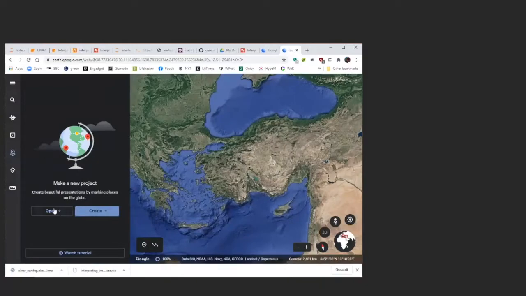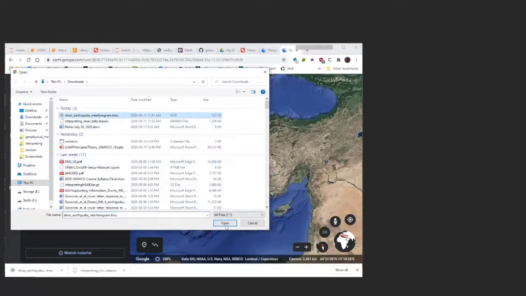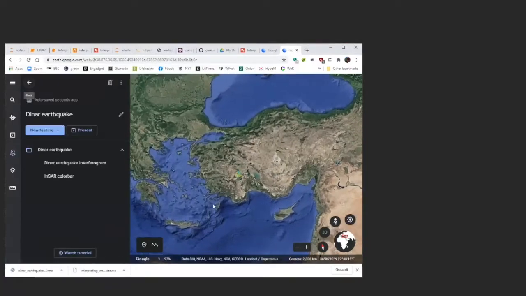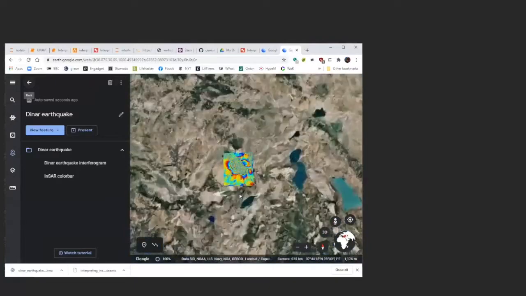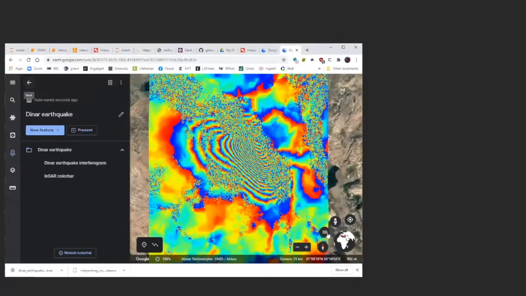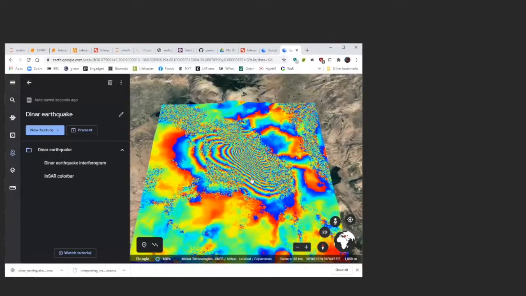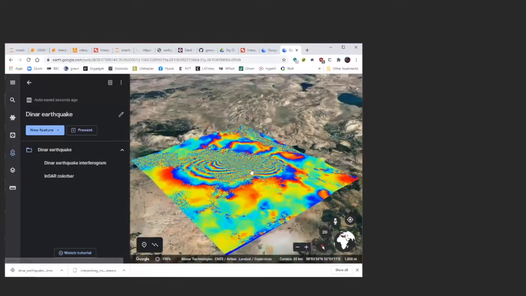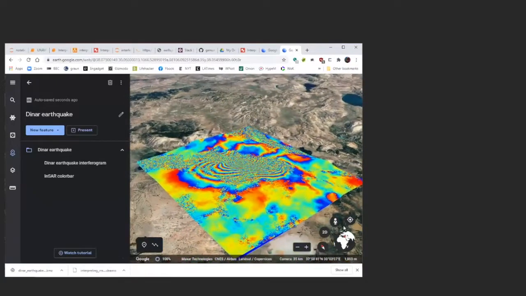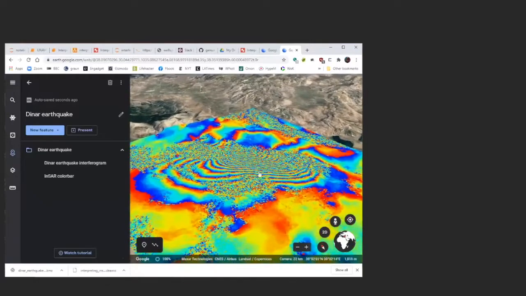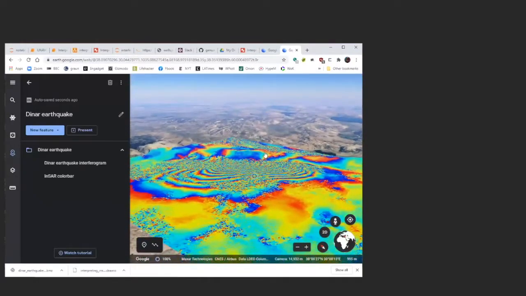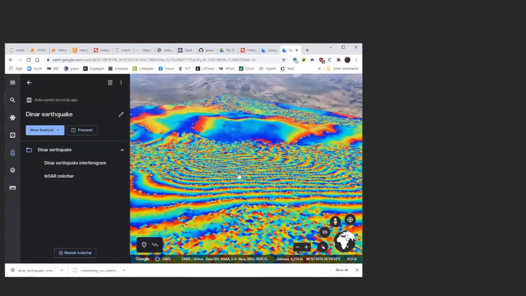And you can make projects by importing a KML file from Google or from the computer into the web browser, and you can see what it looks like in its geographical context. So you can look at it in perspective view or something like that. You can see that